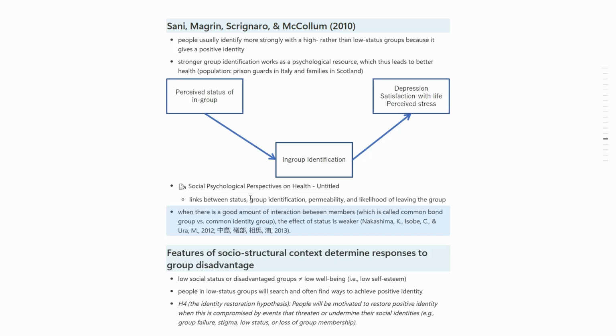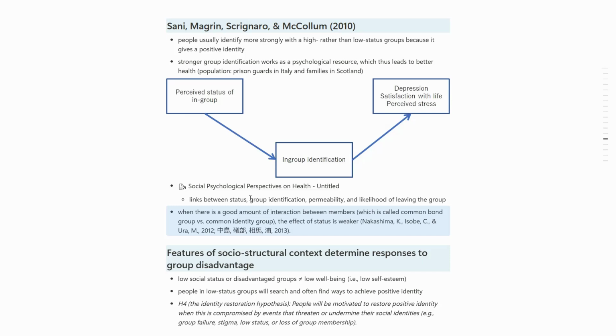And there are some studies showing that common bond groups tend to provide more interaction between members, and such interaction is positively related to strong identification, while common identity groups tend to have less interaction among members, and in such groups, status has a strong effect on in-group identification. So it depends on what kind of groups people belong to. The link between the status and the in-group identification is weaker, but the basic message here is that the link